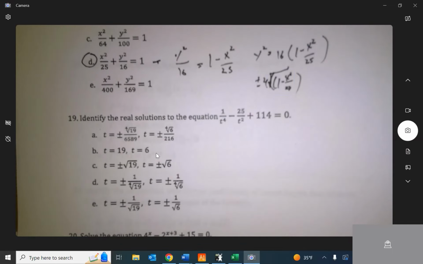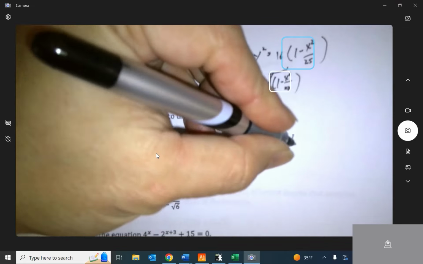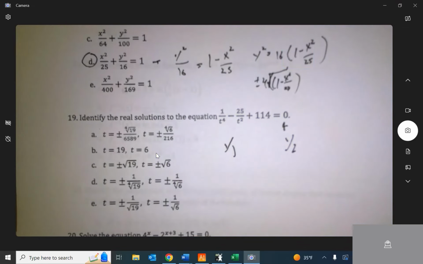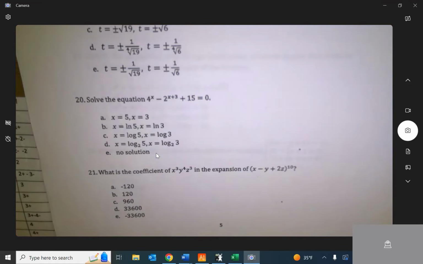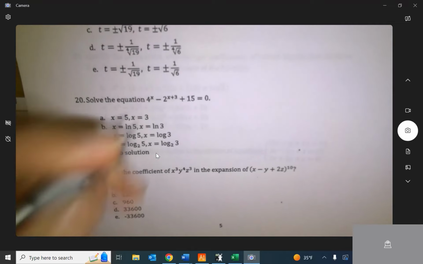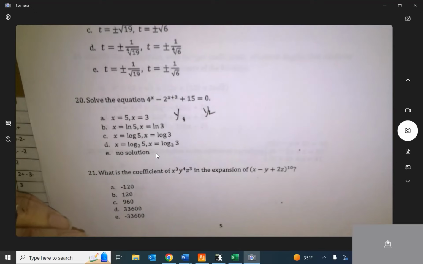Identify the real solutions to this equation. Like, come on. Y1, Y2. Alright, solve that equation. Look how they have the answers. But it's still Y1, Y2. Isn't it? If you want to do it by hand, we could. It should factor. I don't know. Anyways, I don't feel like doing it. Y1, Y2. What is the coefficient of x minus y plus